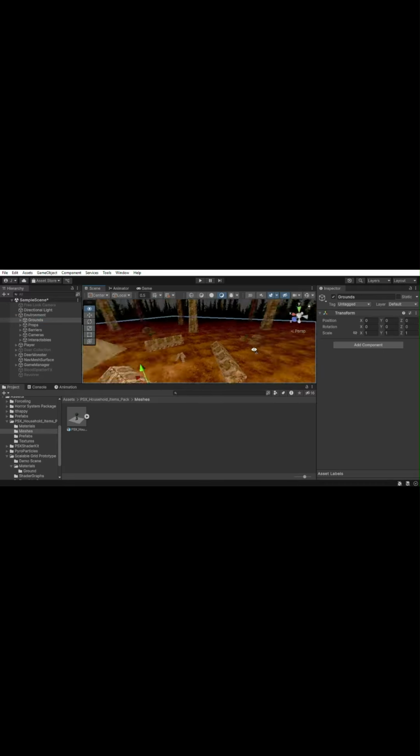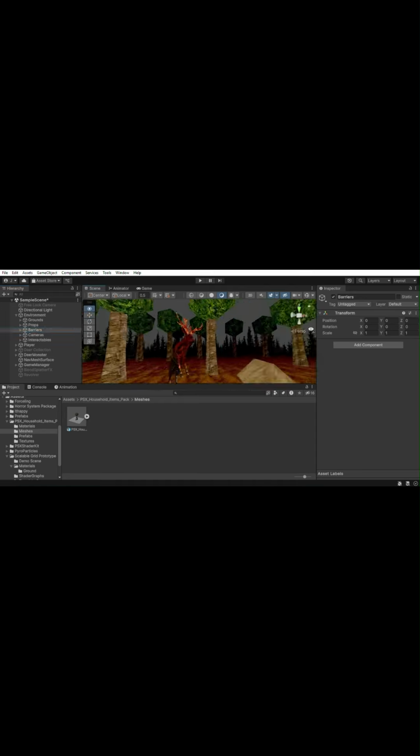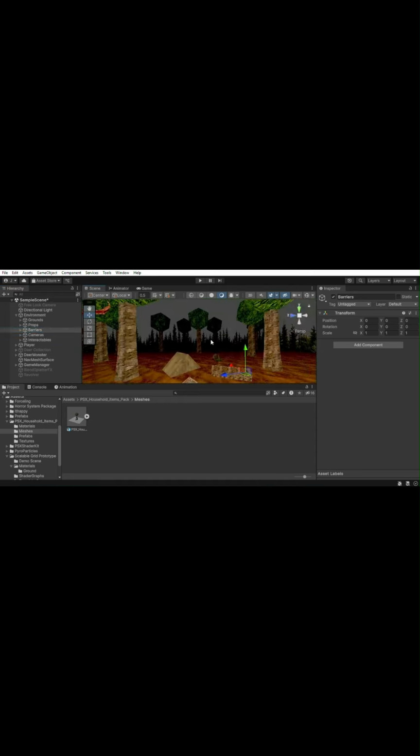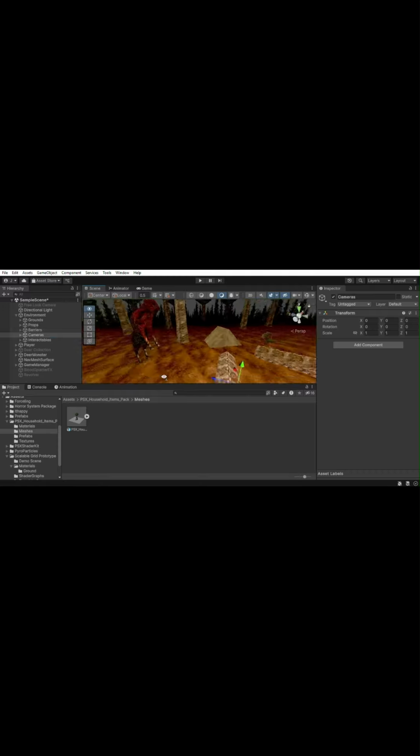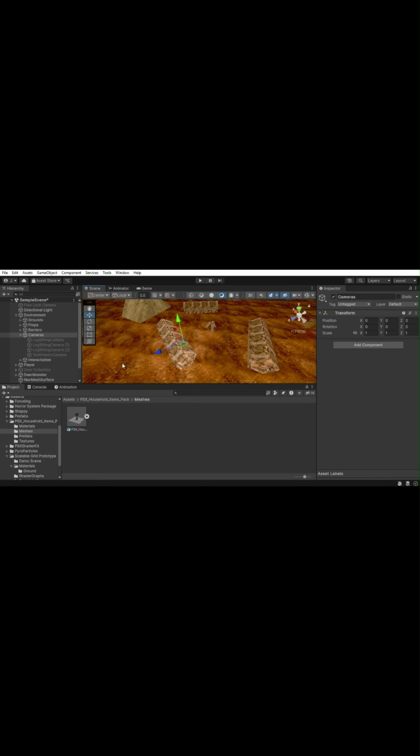So we've got the ground, it's for our ground, and props, some trees and stuff. Barrier is essentially an invisible wall, if you want to keep the player from going out of bounds. I have several different cameras, like when you sit down on the log, I